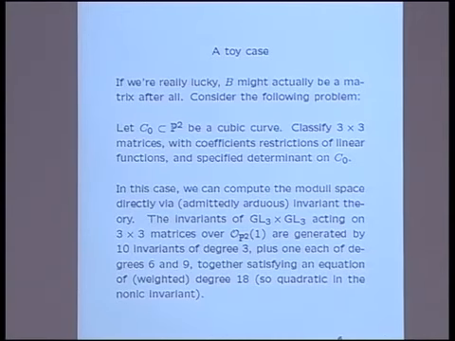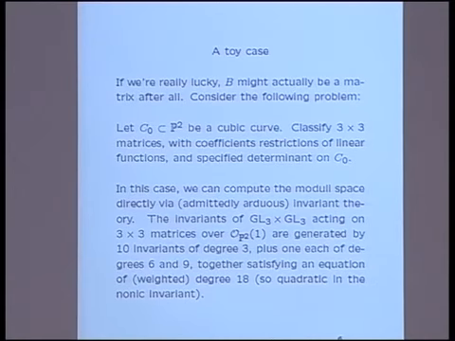Okay, and so you do that, and you can compute the generating function of the dimensions of the invariant spaces as an integral over SL3 cross SL3. You can think of it as a 4-dimensional contour integral and just keep expanding in residues, and it's a long calculation, but eventually